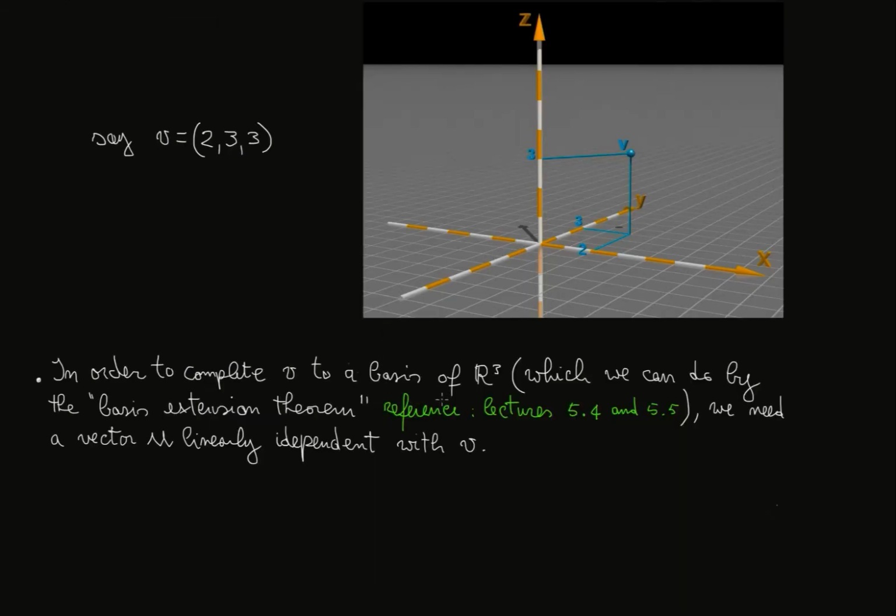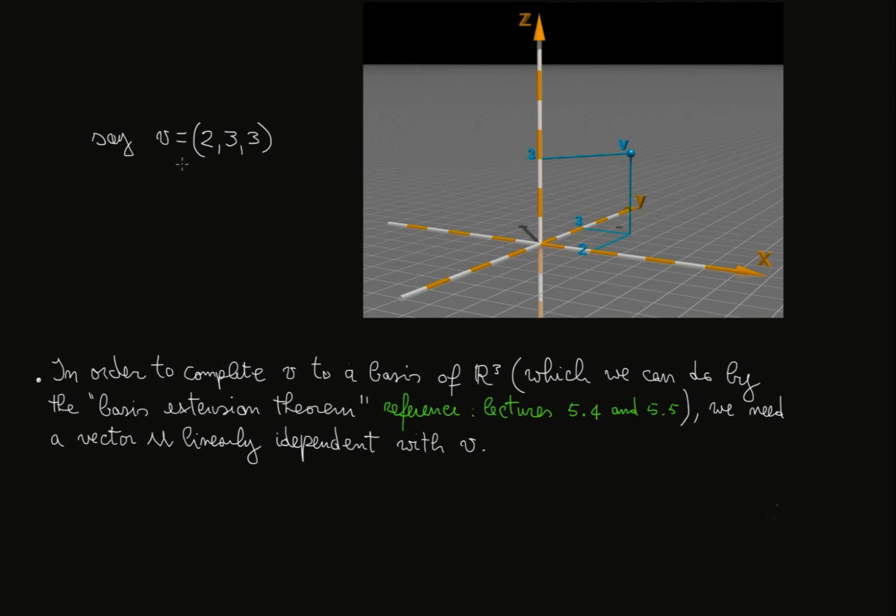Now recall that by the basis extension theorem, which we covered in lectures 5.4 and 5.5, we can always complete the set formed by just the vector v to a basis of R3. So we know we can do it, but we want to find a procedure to actually do it explicitly for this vector v. We know that R3 has dimension 3 as a vector space, so eventually we will need 3 linearly independent vectors. Now 3 linearly independent vectors, by a corollary of the basis extension theorem, will also be generators, therefore will be a basis of R3. Now we are starting from one, the set of v itself,